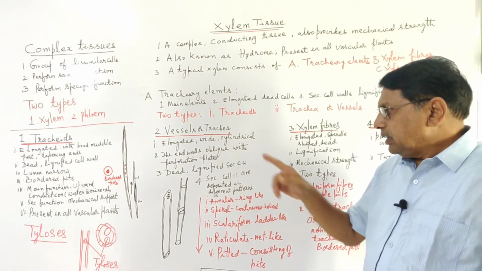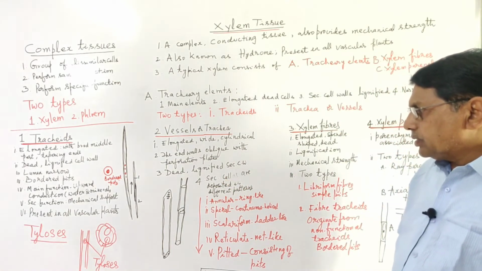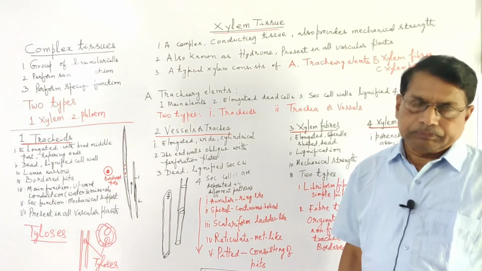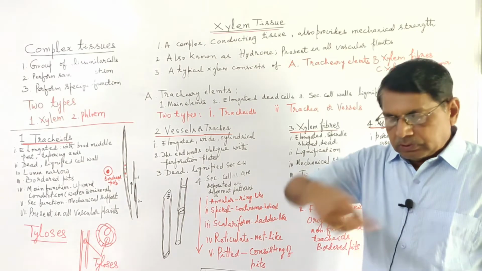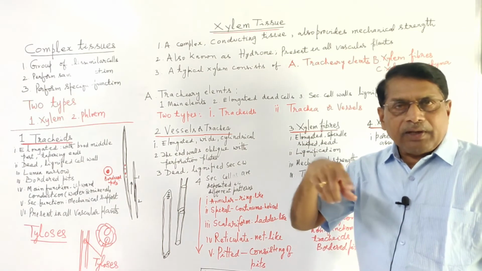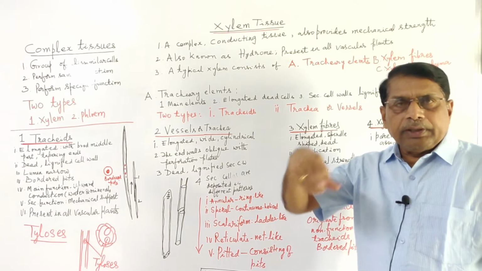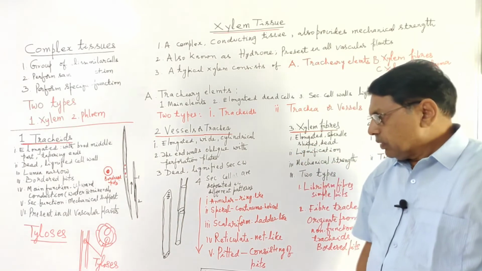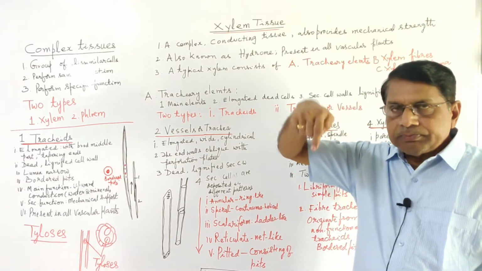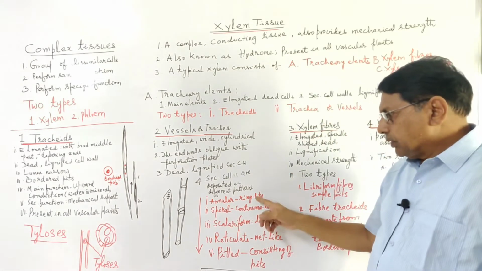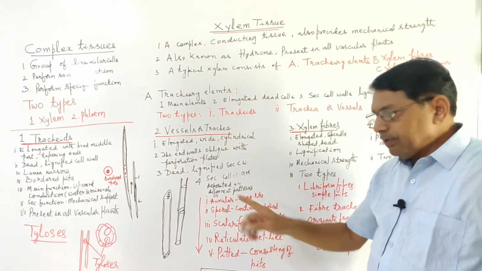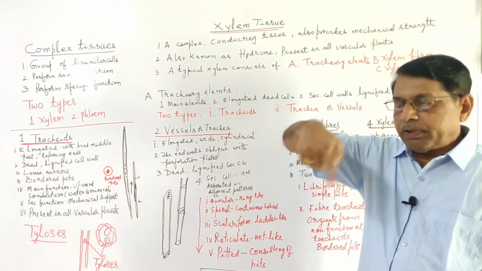Secondary cell walls are deposited in different patterns, not uniformly, but in different plants in different ways. That deposition may be in the form of rings, ring-like, annular. The deposition of the secondary cell wall may be spiral,